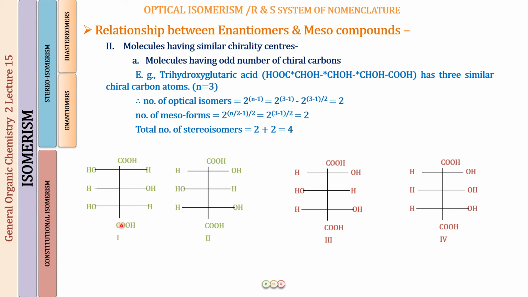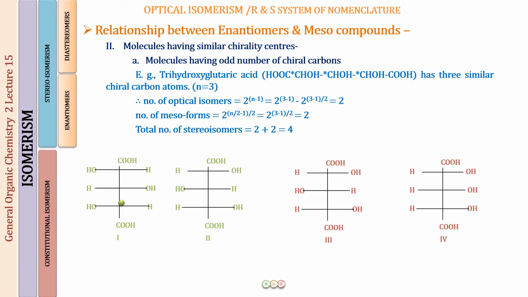Because these two are going to be sp2 hybridized. Fine. So we have a C double bonded O. Next we look at C2. C2 has 4 different groups: an OH, a COOH, H and the rest of the group. Similarly, C4 also has 4 different groups surrounding it. So C2 and C4 act as chirality centers.